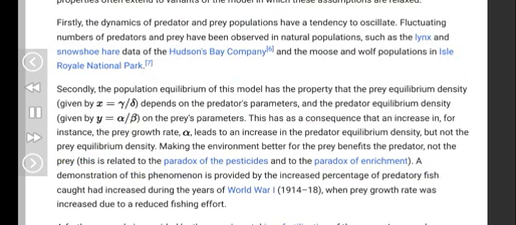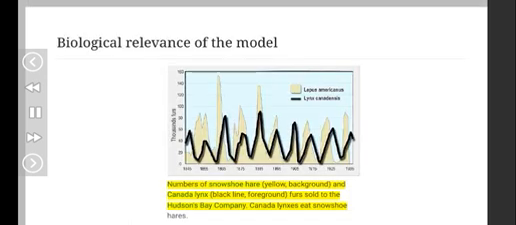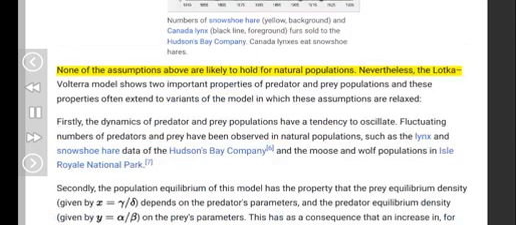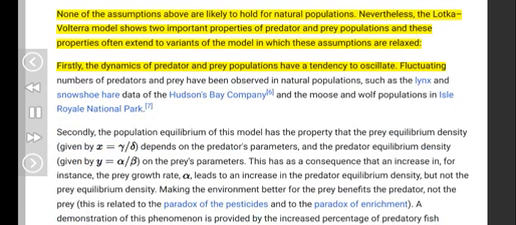Biological relevance of the model. Numbers of snowshoe hare, yellow, background, and Canada lynx, black line, foreground, furs sold to the Hudson's Bay Company. Canada lynxes eat snowshoe hares. None of the assumptions above are likely to hold for natural populations. Nevertheless, the Lotka-Volterra model shows two important properties of predator and prey populations, and these properties often extend to variants of the model in which these assumptions are relaxed. First,